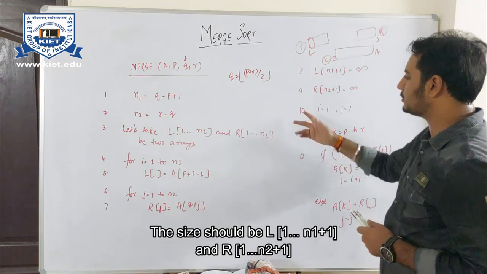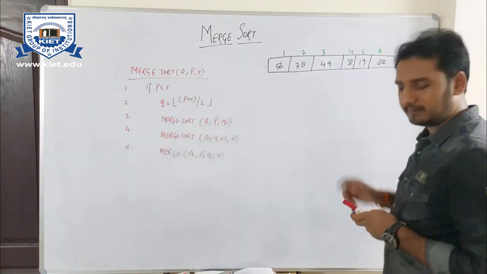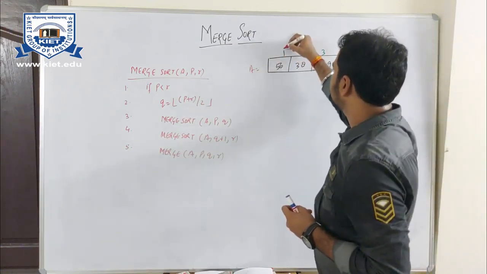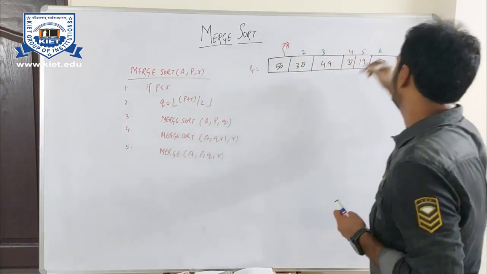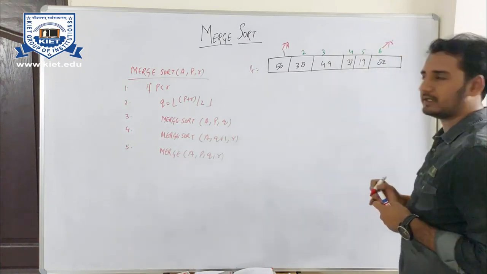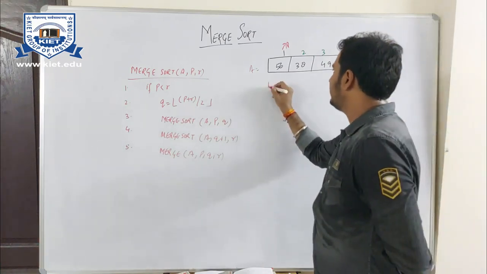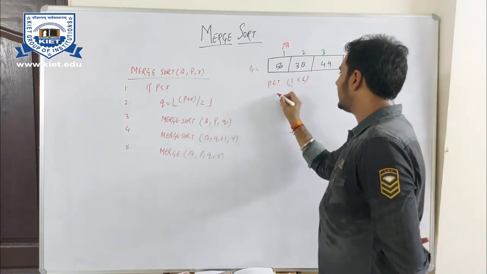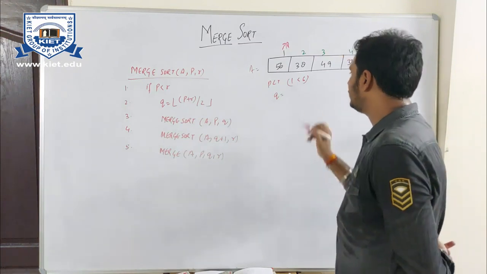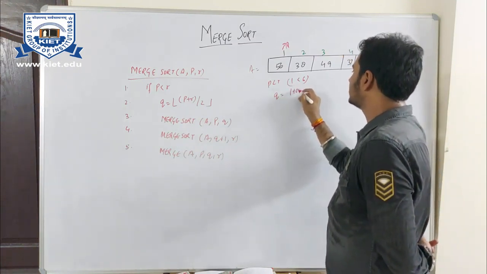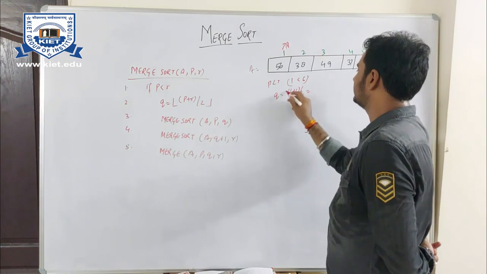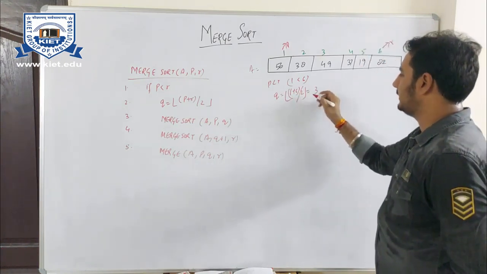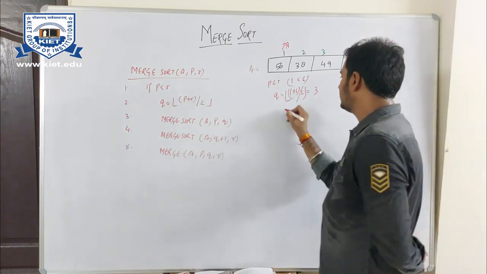Now let's see how the merge sort works. Suppose this is your given array. Let's mark the values. The value of p is 1 and the value of r is 6. So p is less than r because 1 is less than 6, that is correct. So we will calculate q. What is the value of q? 1 plus 6 by 2. So it is 7 by 2 and the floor of 7 by 2 is 3. So we will call merge sort